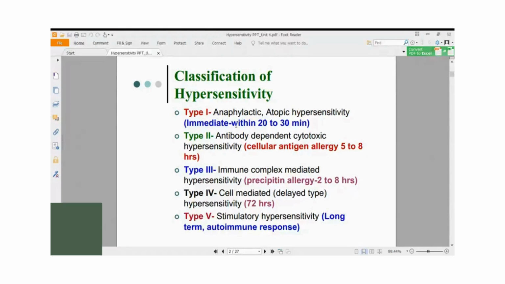And I have already mentioned here in the slide that it is called immediate type of hypersensitivity. Means on contact with the allergen, allergen is nothing but an antigen, and that antigen is stimulating this type 1 hypersensitivity. And it will happen within 20 to 30 minutes of contact with the allergen. Immediate. And the reaction can be so adverse and violent. Anaphylactic shock will be so bad sometimes. If not taken care,